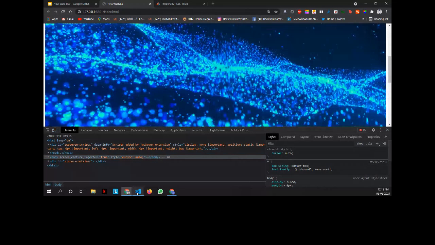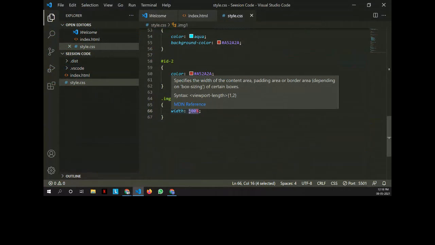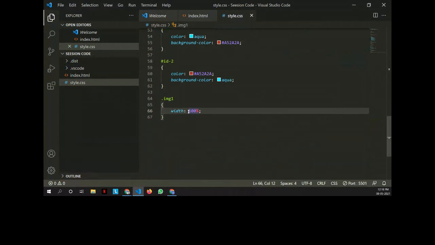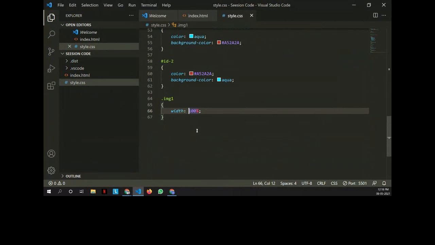Here the syntax is width, and you can add it percentage-wise, like 100% of the actual width of the image. If the width of the actual image is 800 pixels, then the width will be 100%, that is 800 pixels. But if we have 25%, then it will only occupy 200 pixels.